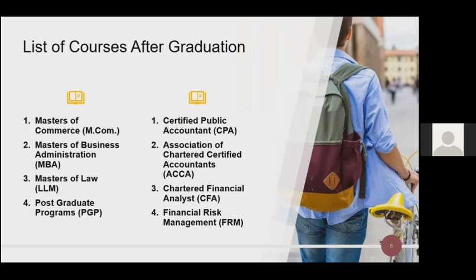Also, in these 3 years, it at times happens that we are not able to identify what we are good at or what we are interested in. So it's okay if you find something in degree college, it's completely fine. MBA is a place where you can select your type. If you feel you're interested in human resources, you can go for MBA in HR. If you want to stay in finance, then MBA finance, business management, operations management, supply chain management, and so on. So there are ample areas there.